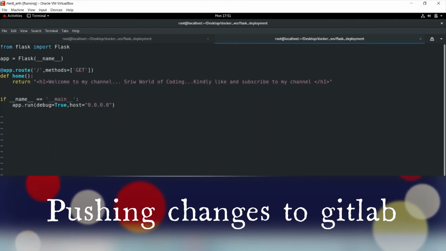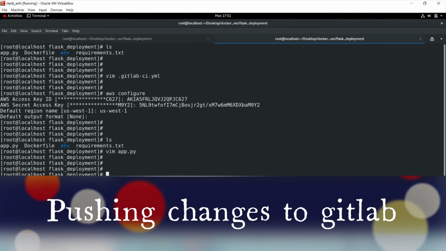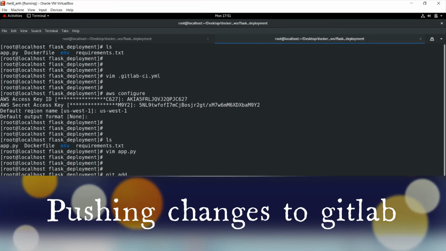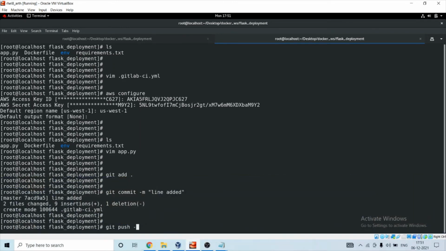Let me save this and make a commit. Let's give an example: line edit. Okay, now it's time to push. git push -u origin master.